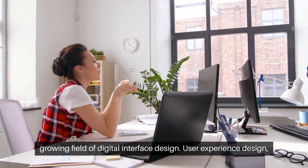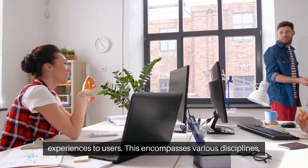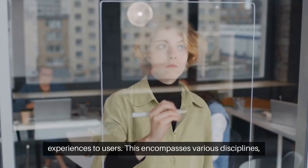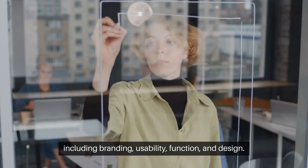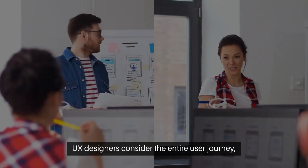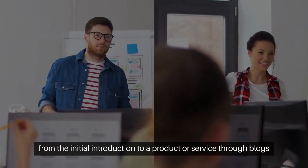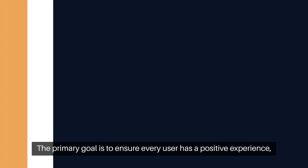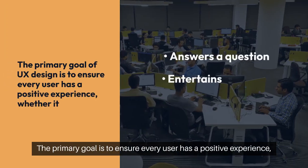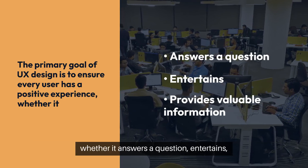User experience design, or UX design, involves creating products or services that provide meaningful experiences to users. This encompasses various disciplines, including branding, usability, function, and design. UX designers consider the entire user journey, from the initial introduction to a product or service through blogs or advertisements to the user's feelings after the interaction. The primary goal is to ensure every user has a positive experience, whether it answers a question, entertains, or provides